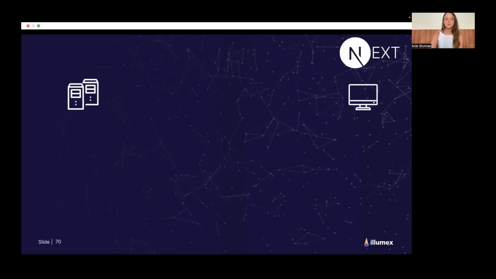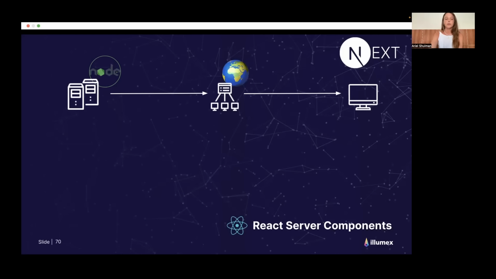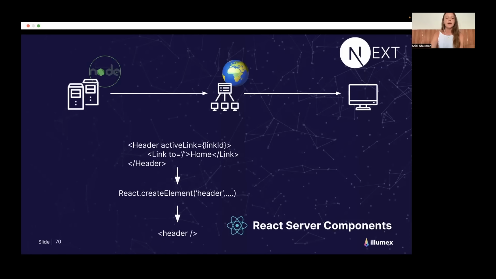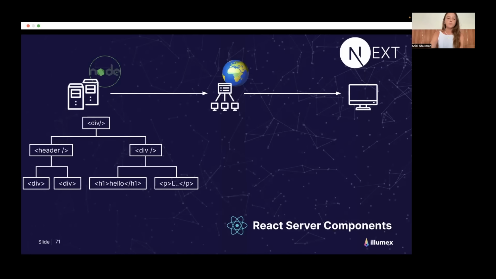With Next.js, things work a bit differently. We would have a server with a Node.js process running, and between this server and the client, we would have CDNs that are spread all over the world. And using React server components on the Node server, and that's why it is important to state that this is Node, because we are running JavaScript on the server here, we would take the React components and already generate HTML out of them, which allows us to pre-build the DOM per each route.